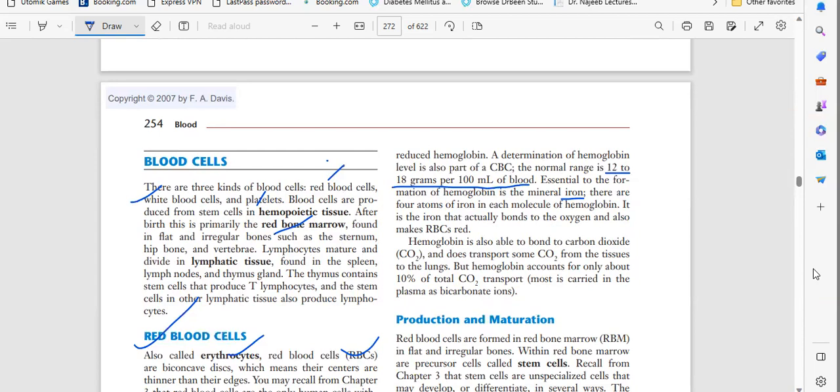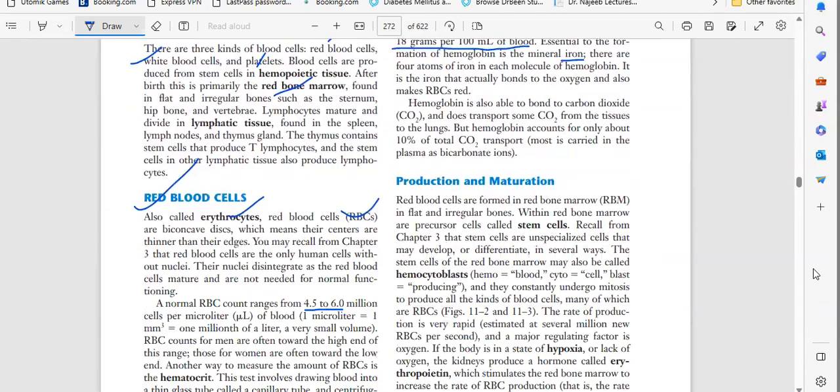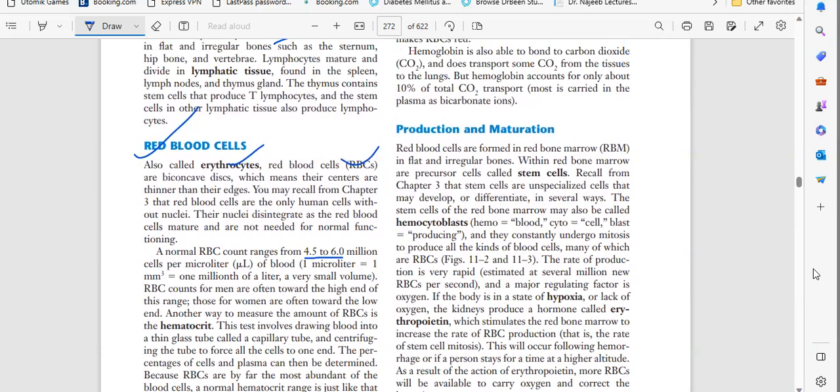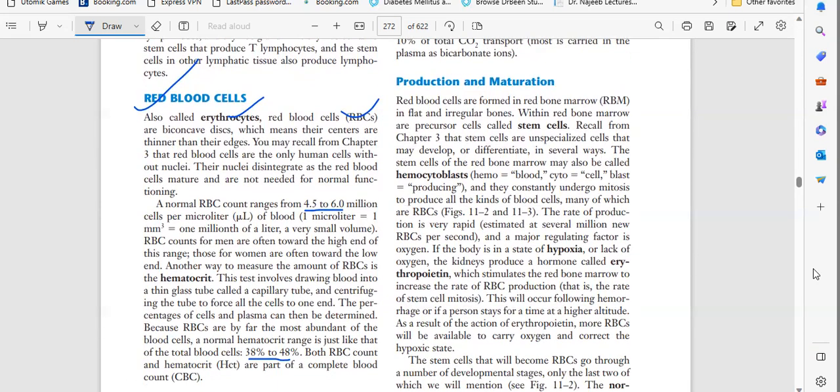And the third thing you have to remember is that carbon dioxide is also excreted with the help of Hb, but only 10 to 20%. The other 80 to 90% is excreted with the help of bicarbonates. Okay, how is it produced and where does maturation happen? Basically, I told you that in the body we have red bone marrow. Red bone marrow is present in the irregular bones. Okay, irregular bones produce red blood cells and other blood cells because they have